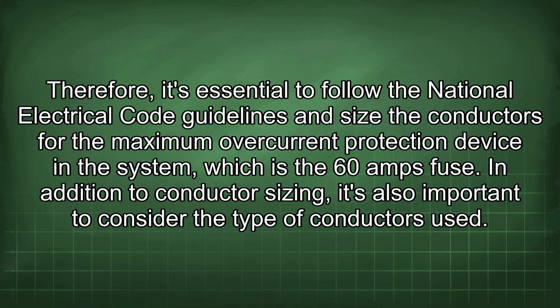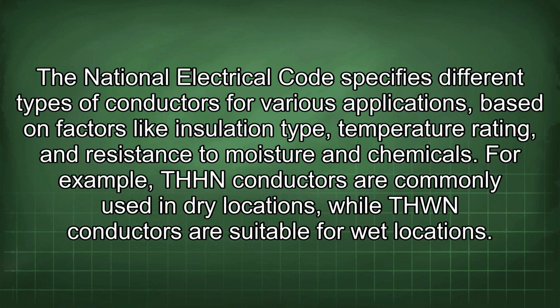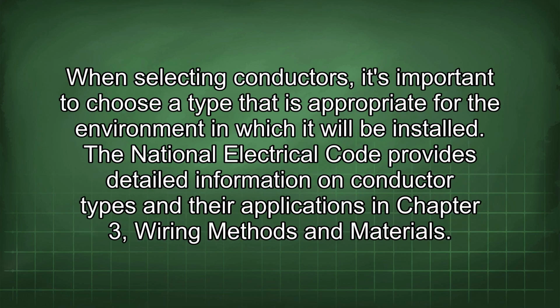In addition to conductor sizing, it's also important to consider the type of conductors used. The National Electrical Code specifies different types of conductors for various applications based on factors like insulation type, temperature rating, and resistance to moisture and chemicals. For example, THHN conductors are commonly used in dry locations, while THWN conductors are suitable for wet locations. When selecting conductors, it's important to choose a type that is appropriate for the environment in which it will be